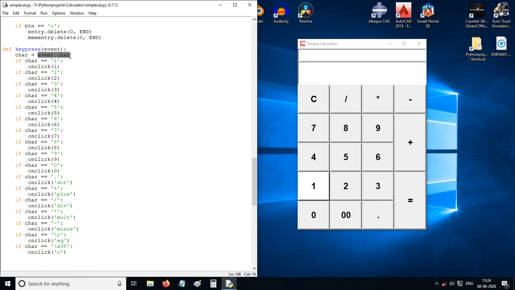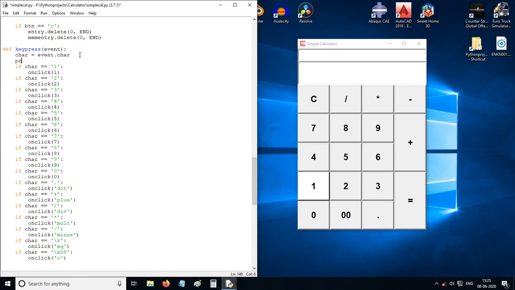For every key press, if we press 1, that character 1 will load into the character variable. If we press A, B, C, D, E, F, G, H also, it will work the same way. If we press A, it will show A, like print char.